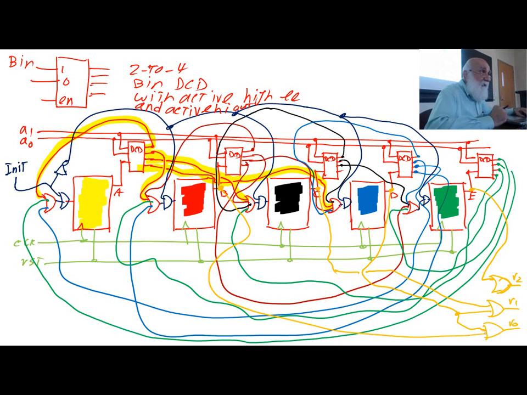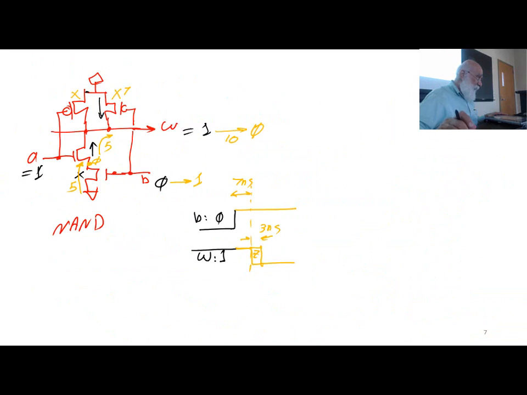Okay, that's my last example of state machines. This one, right? When